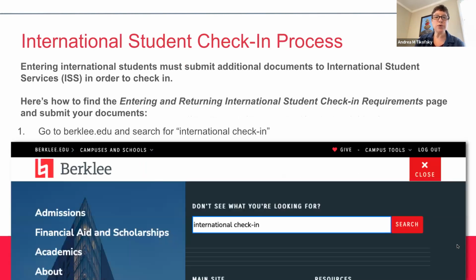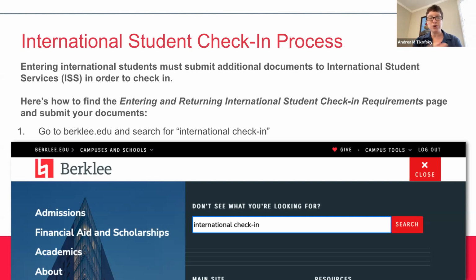All right, so to ensure that our students are aware of what the F1 regulations are and that you were admitted in F1 status as opposed to a tourist status, the International Student Services has placed 3 restrictions on your account. If you haven't already done so, it's very easy to find the check-in restriction information placed on your account by International Student Services and how to clear it.